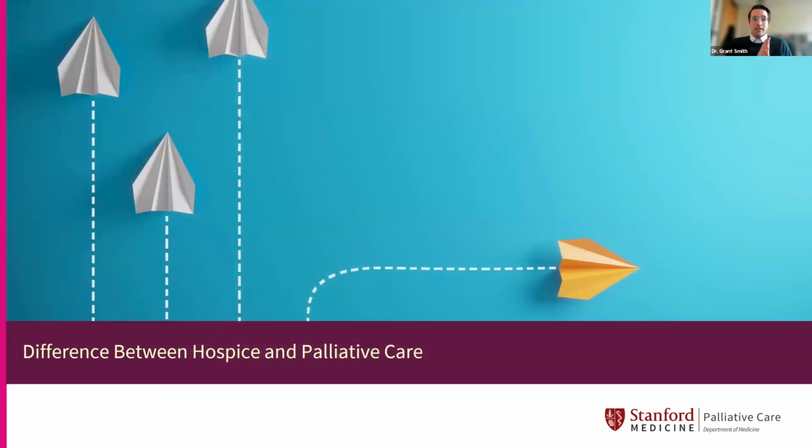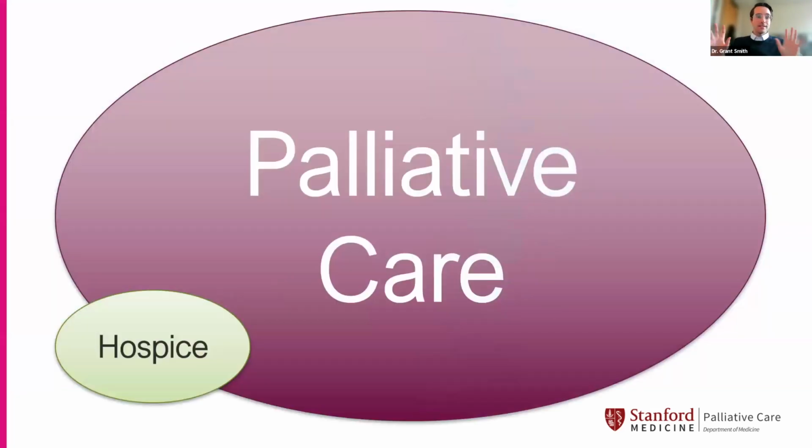All right, let's get to the palliative care and hospice discussion. I know that's a big question. And this is a simple picture, but I do like it a lot. It helps me keep in my head the difference and the similarity. Think of palliative care as the umbrella term, where we are broader than hospice in that we can see people at any age, any stage of an illness, whether they're going to be cured of their illness or not, whether they're getting treatment or not, whatever.